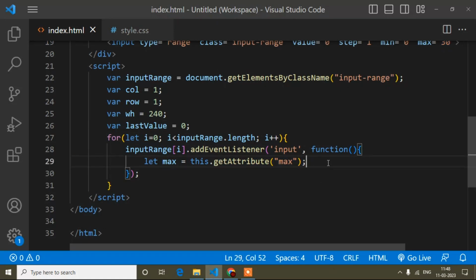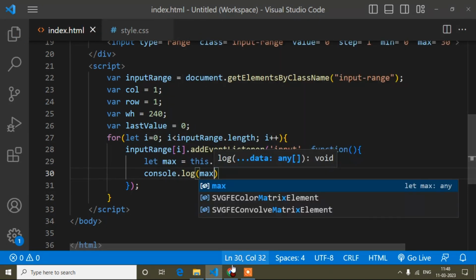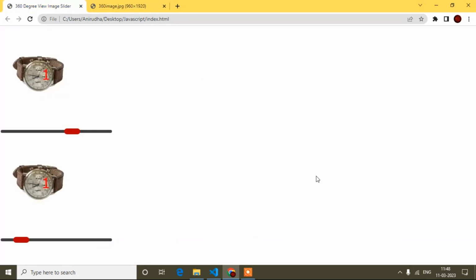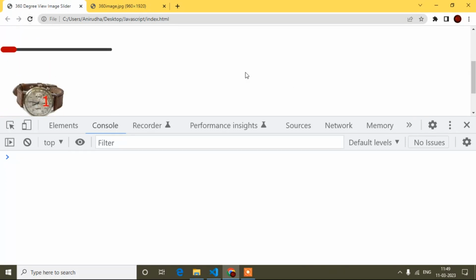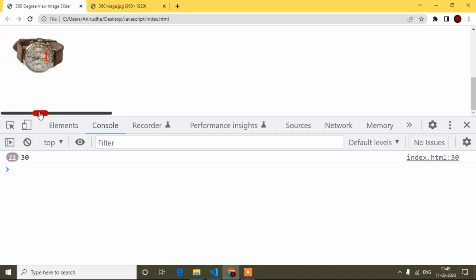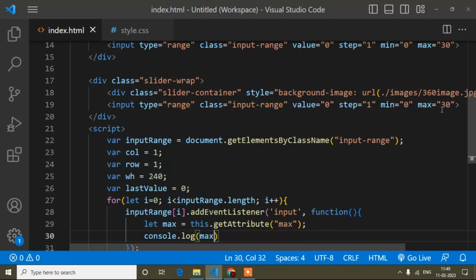Now if I console.log the max value and open the console, let's see what I get. Refresh, and for the first image, if I move it, I'm getting 30. For the second image I will get 30 as well, because both are 30.